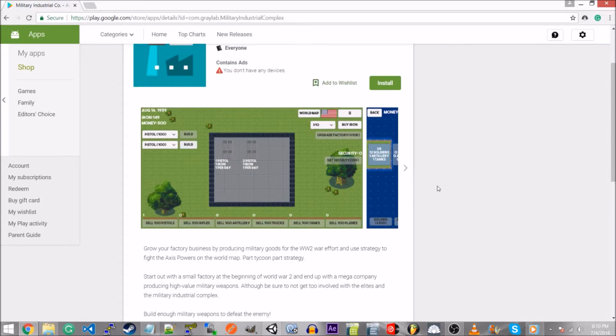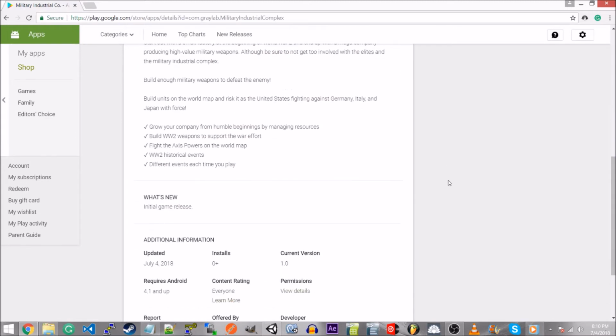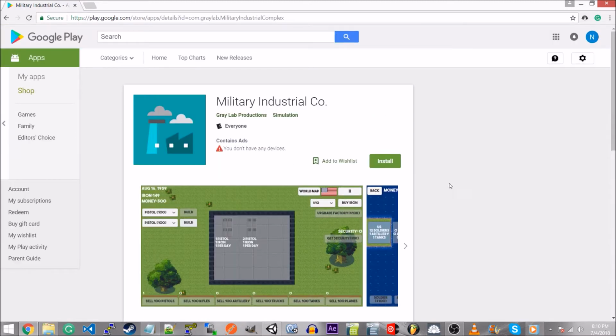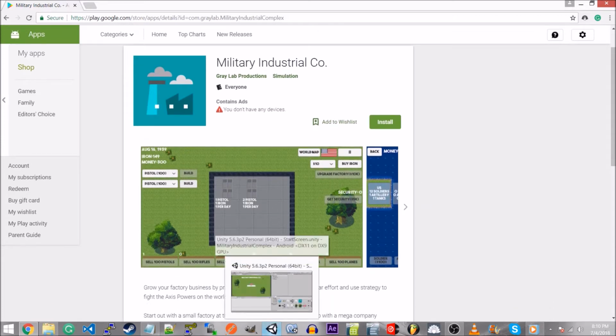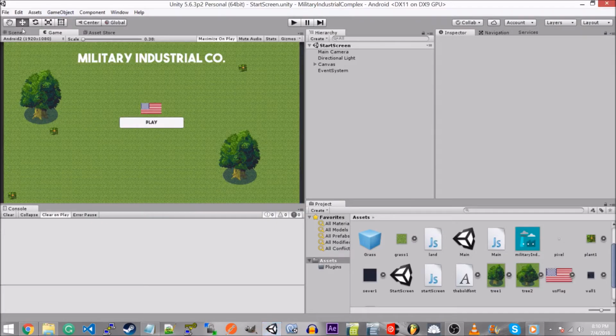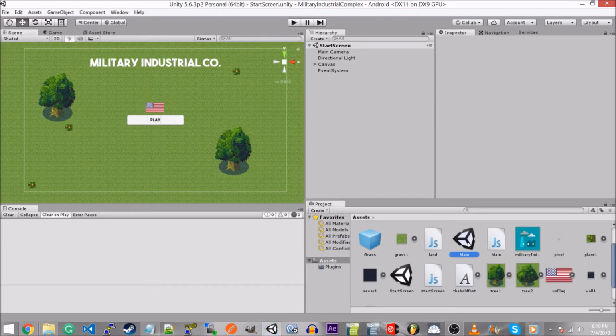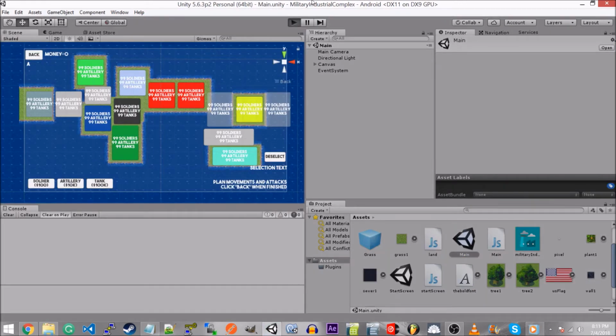Anyways, I found out a couple of things. This is my first Android Google Play Store release, and I found out a couple of things that I didn't really expect, and I thought I'd go through some of them as tips for other people that maybe are going to release their game for the first time. So, the first thing I found was